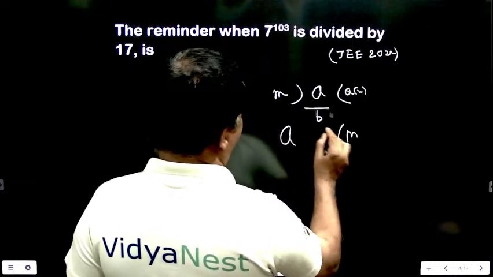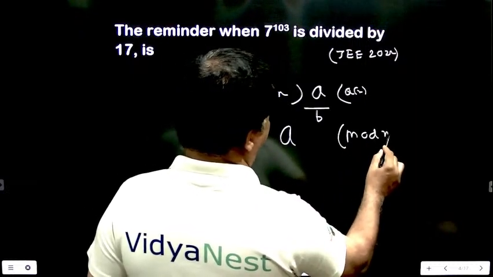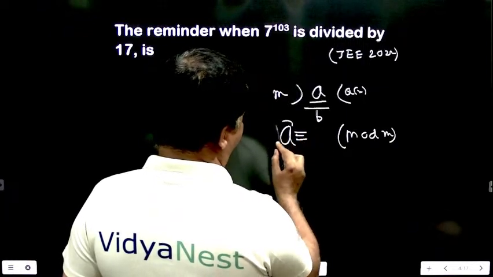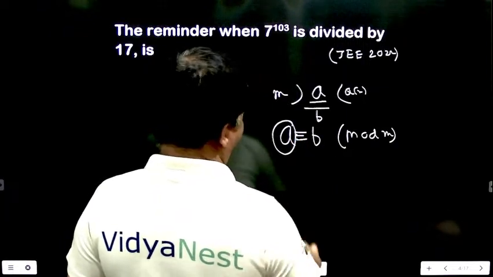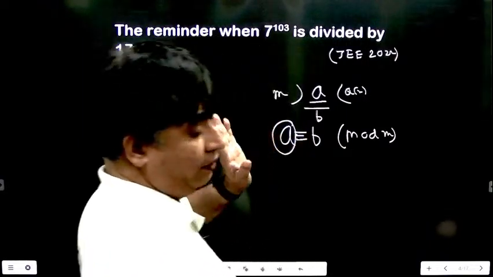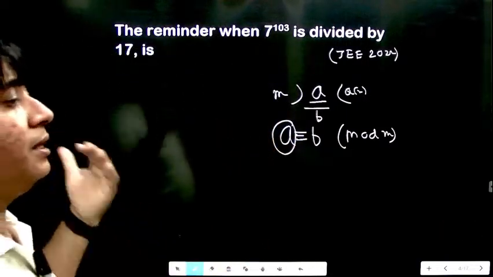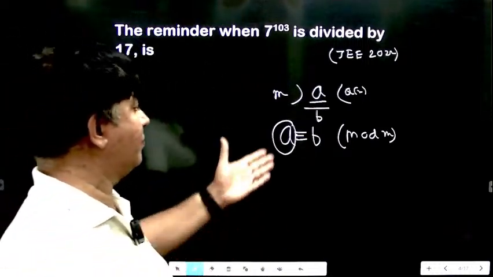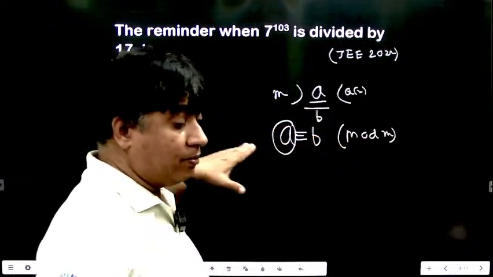This divisor is called modulo, A is the dividend, B is the remainder. That means yesterday's concept of polynomial or divisibility theorem can be placed in the form of